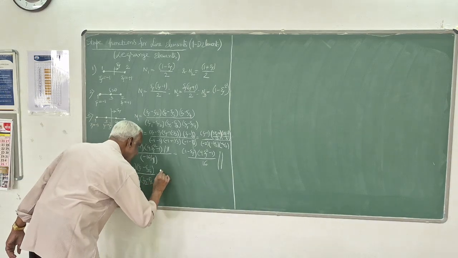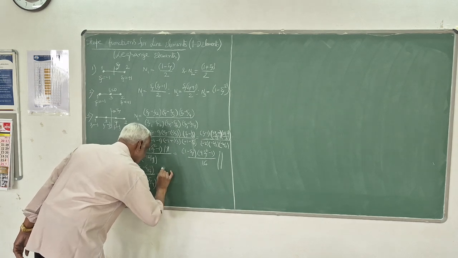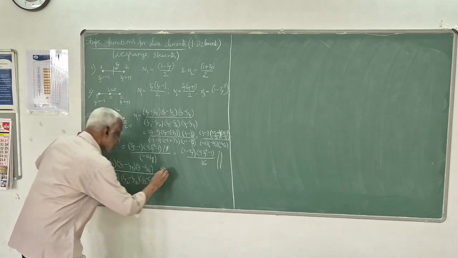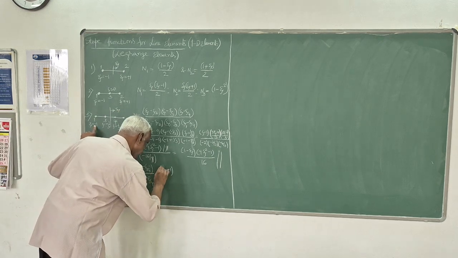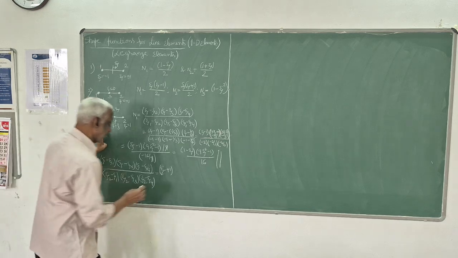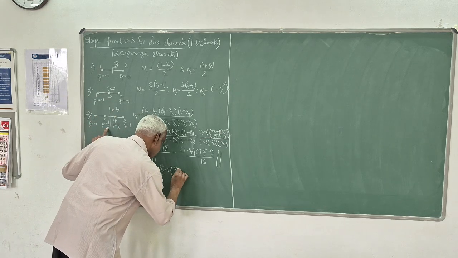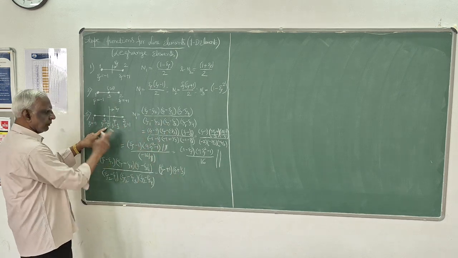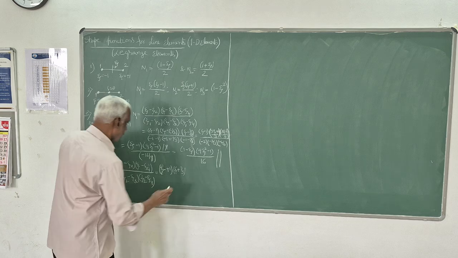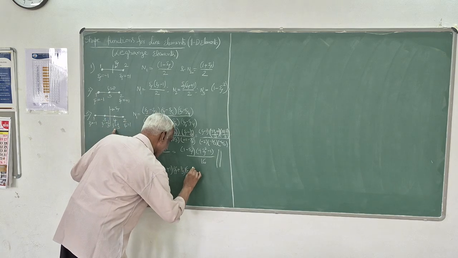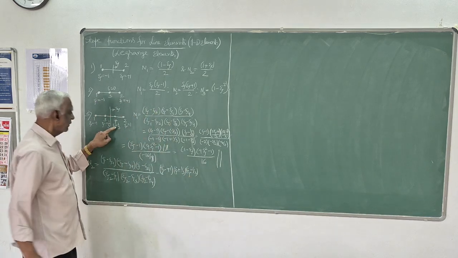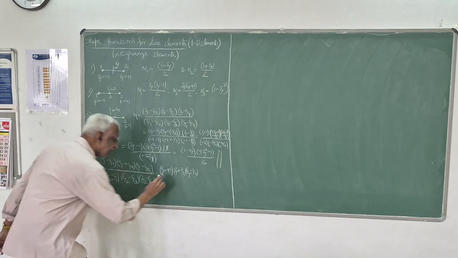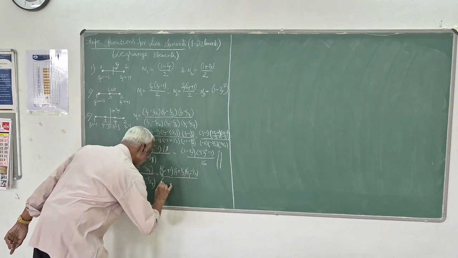So this will be psi minus psi 1, that's minus of minus, so it will be psi plus 1. Psi minus psi 3, that is psi plus 1 by 3, minus of minus, it will be plus. Then psi 4 is 1 by 3, so psi minus 1 by 3. This divided by